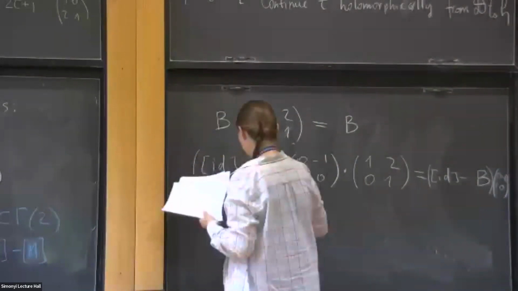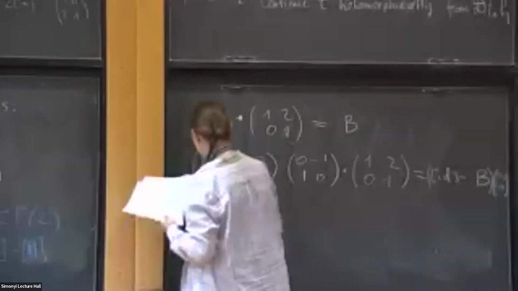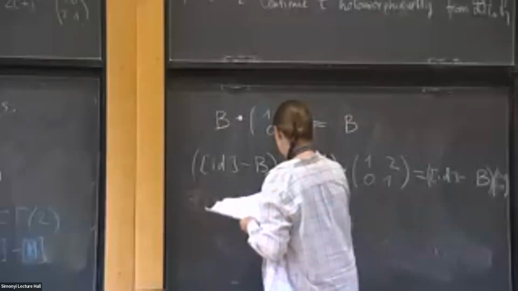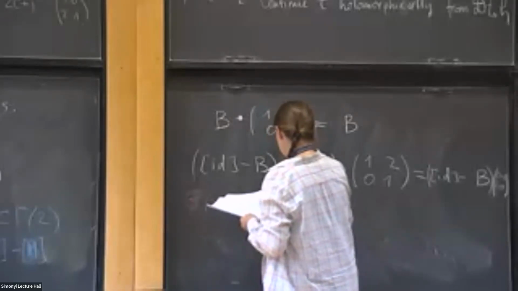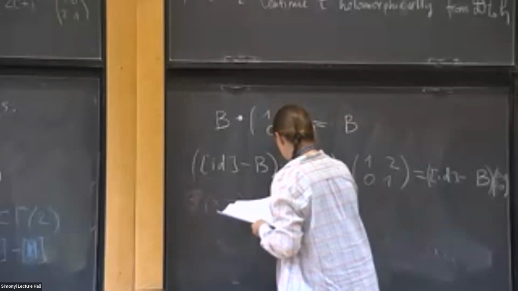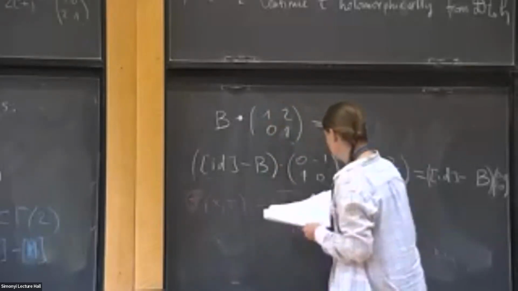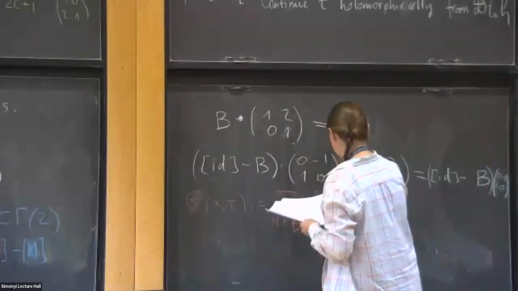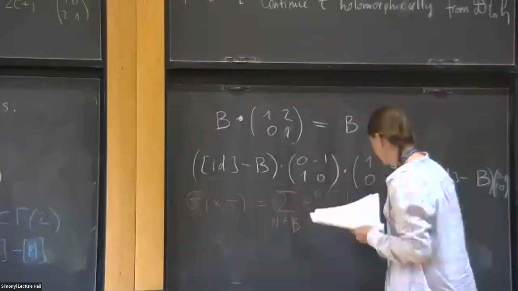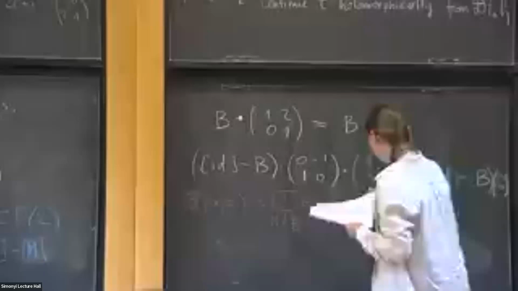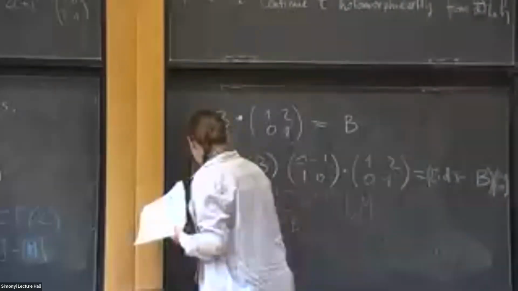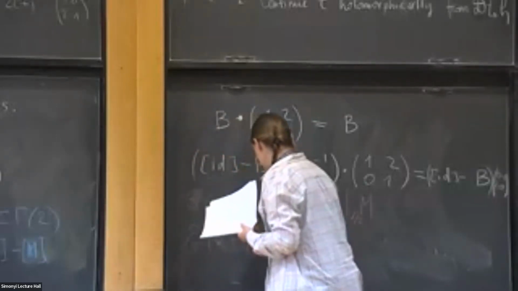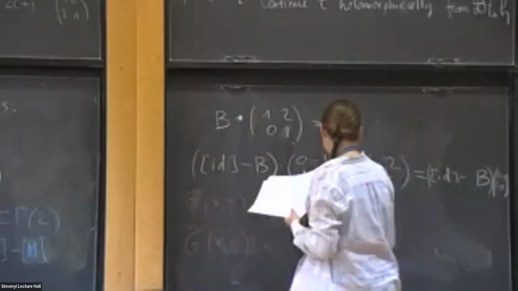Maybe let's call it differently. Let's call it first G. So this will be, we're applying the slash operator, and we apply it to M. And for G tilde, we do a similar thing. This would be a sum over